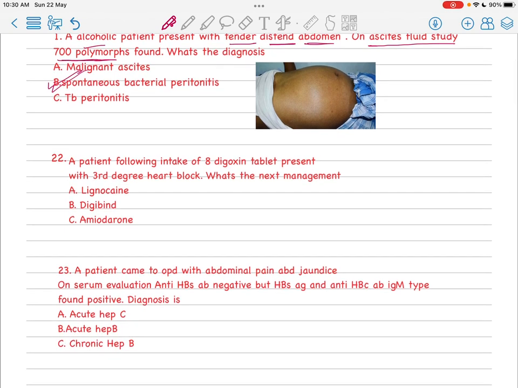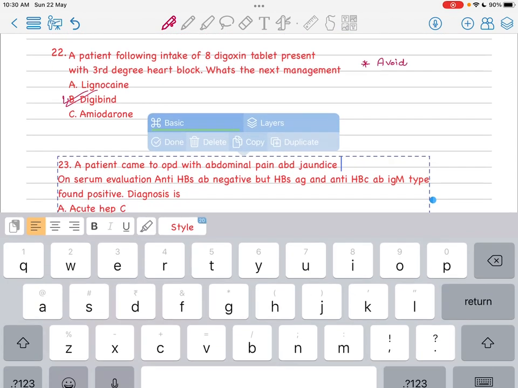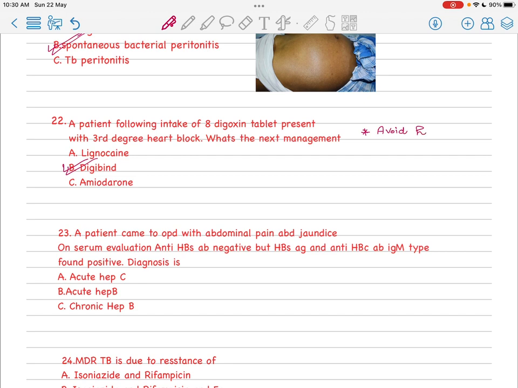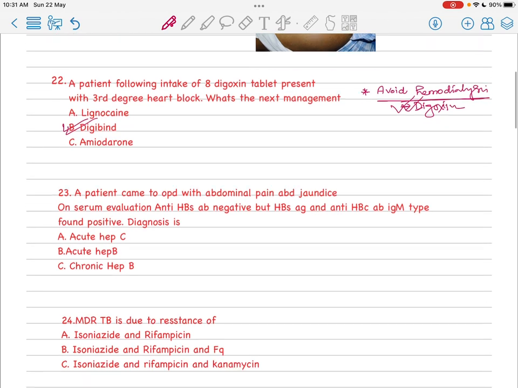Next is the 22nd question, and it is digitalis toxicity, digoxin toxicity. Whenever there is digoxin toxicity, you already know that digibind is the best treatment. And you already know that in digitalis toxicity we can't do hemodialysis, so you also have to know in which cases hemodialysis is avoided. So here it is digoxin. We can't do hemodialysis, so we have to go for digibind, and this should be the best